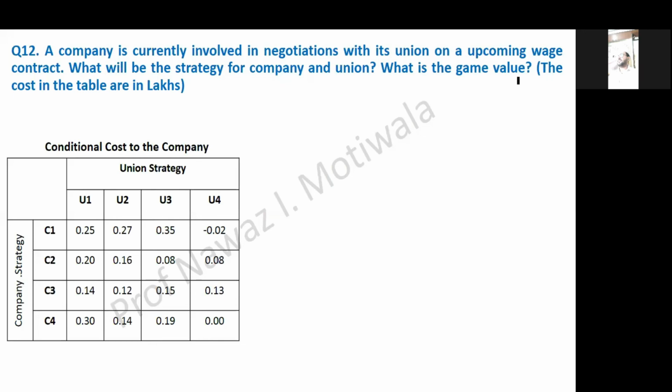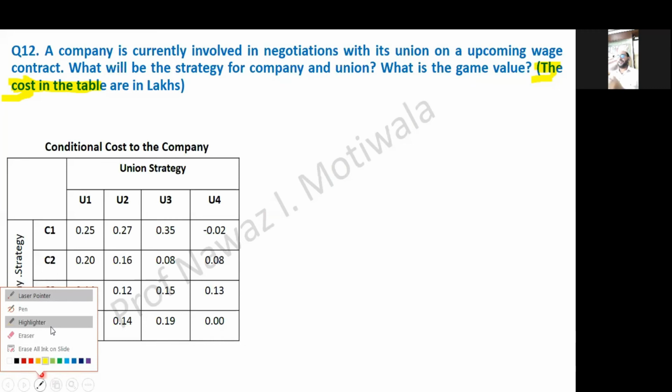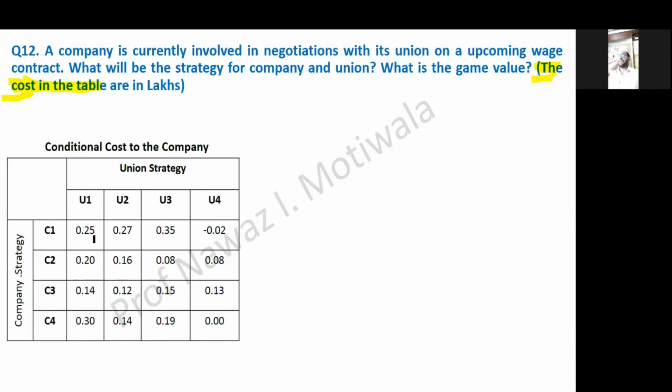The cost in the question is given in the table. The costs in the table are in lakhs. The cost, please emphasize this word, the cost. So here the cost is said, that means every time whatever strategy they apply, they will incur a cost. That means every time it will be a loss to them. It is their expense, they have no gain, it is a cost to them. So what is happening here? What was a cost, we are putting as player A as per the question, because it is written here